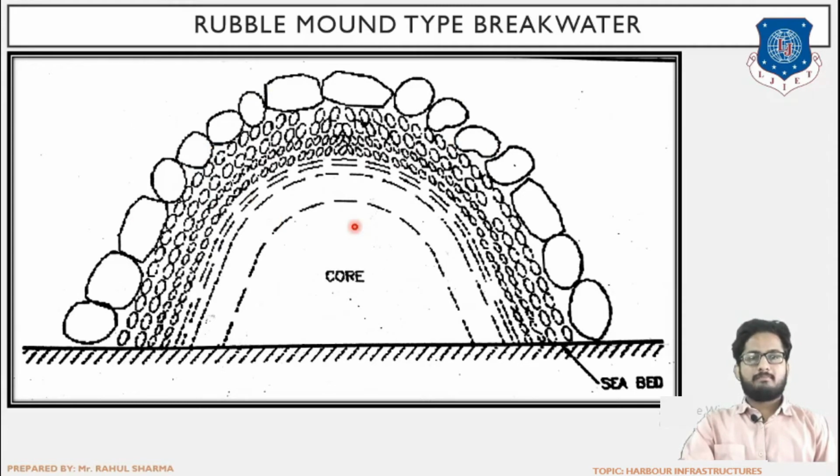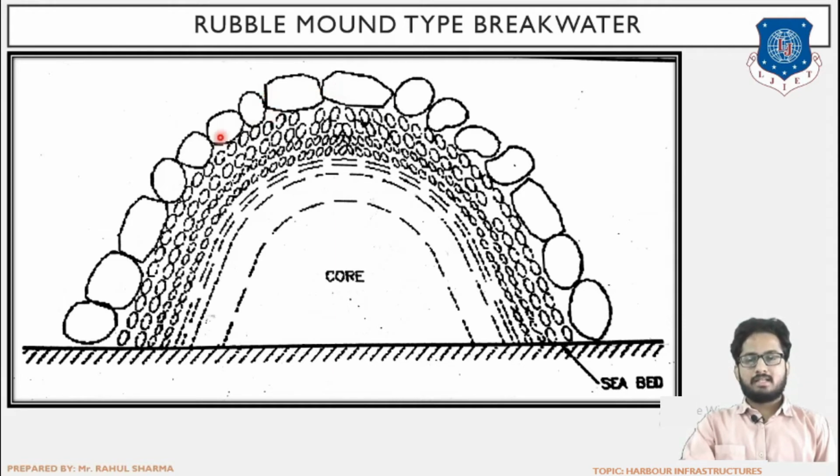In the previous type, we discussed a point regarding the dissipation of energy. Now here, we will discuss the same point as to why here the energy will be dissipated. In the vertical wall type breakwater, I told that there will be no dissipation of energy because there are no voids, no empty space through which the water can move. So there is no release of any energy, and the wave energy will just be reflected backwards.